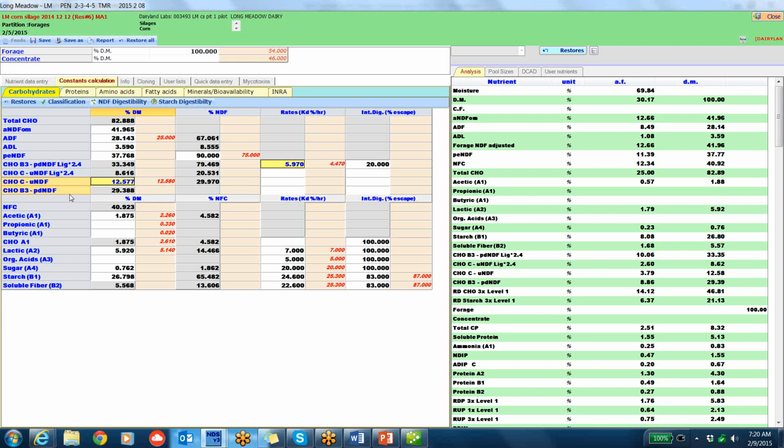And that value is used to calculate the potentially digestible NDF. So you see that in this case, when it is determined using the UNDF system as opposed to the lignin times 2.4 system, there is more undigestible NDF using the UNDF system, which means that the pool of potentially digestible NDF is going to be smaller. So that's also going to make a difference in our